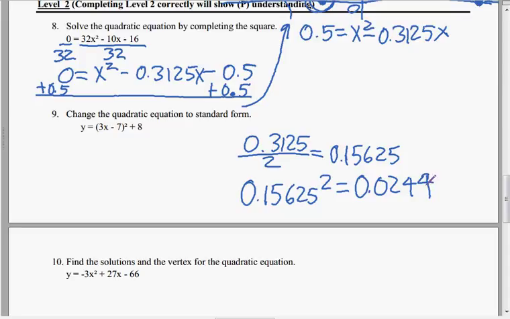In order to have a square binomial, on the right side, I need to have that number, so I'm going to add it. And I get 0.5244 equals x, quantity x plus, minus,